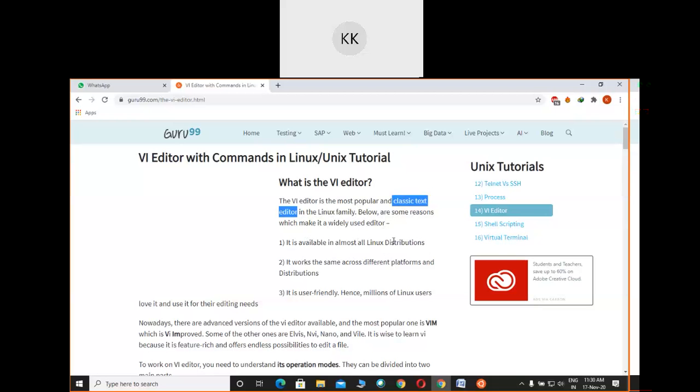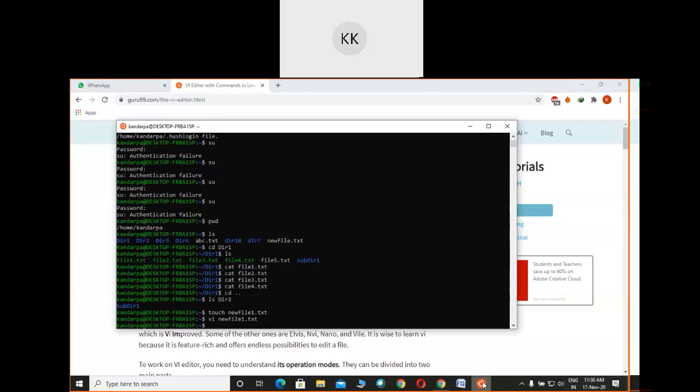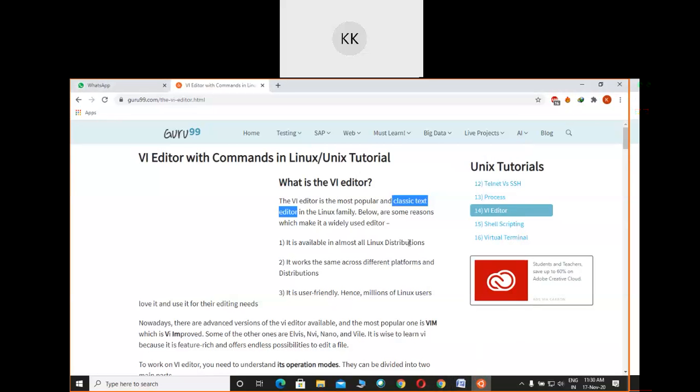First one. Next one is whether it works the same across different platforms and distributions. Right now I am using Ubuntu. If you use Red Hat or others, say CentOS, all the commands that work in the vi editor in Ubuntu are exactly the same in any other distribution. And next one is whether it is user friendly: millions of Linux users love it and use it